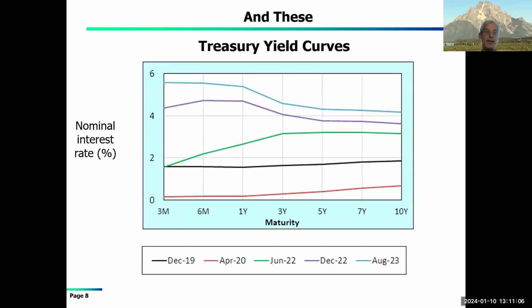And as an example, I've graphed different yield curves. The reference yield curve is the locus of points that varies by maturity. The maturities here are just separated by name. They're not equal distance, so the 6 month is the same distance from the 3 month as the 10 years from the 7 years. But it's representative of how different these yield curves are, and what do they tell you about fundamental finance? What do they tell you about how financial markets work versus how interest rate policy at the Federal Reserve works?